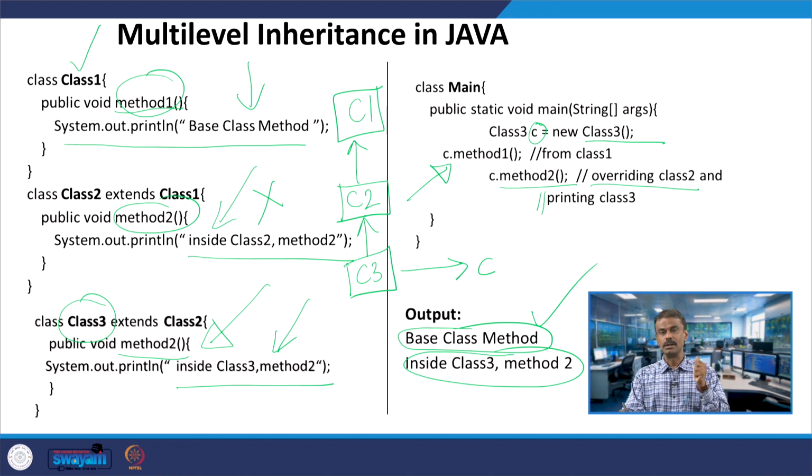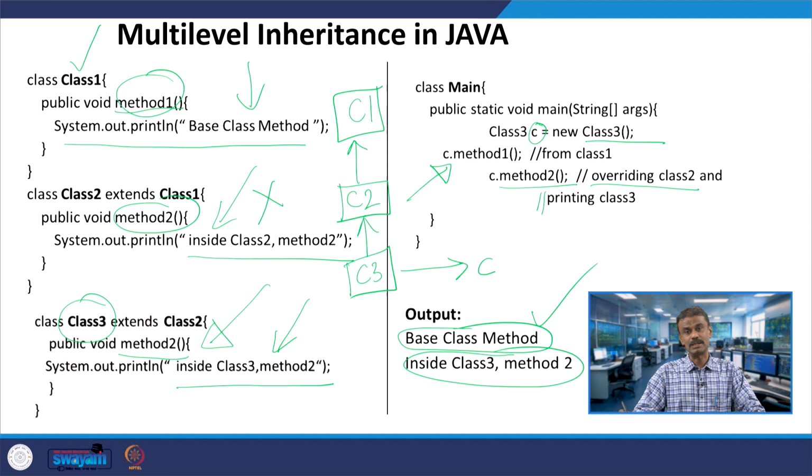If you look at the last lecture, we introduced super. Under this super keyword we had seen two methods, message, if you recall. We use the super keyword to go to the super class. Now what will happen if I do not use the super keyword? Which one will be overridden? For example, in this situation you are trying to call method 2, and method 2 is available in both class 2 and class 3.